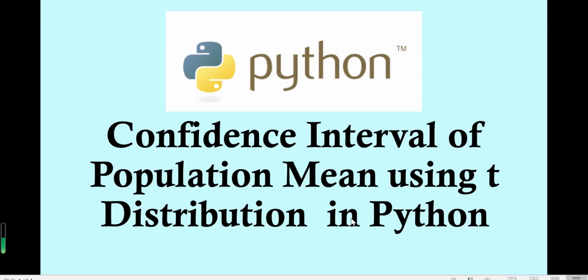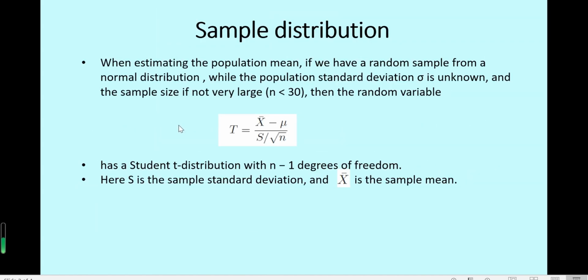In this video, we will talk about how to calculate the confidence interval of population mean using t-distribution in Python. When we want to estimate the population mean from a sample, if we have a random sample from a normal